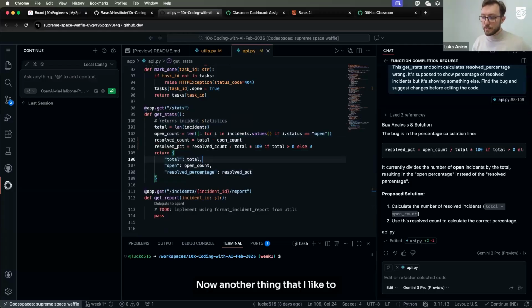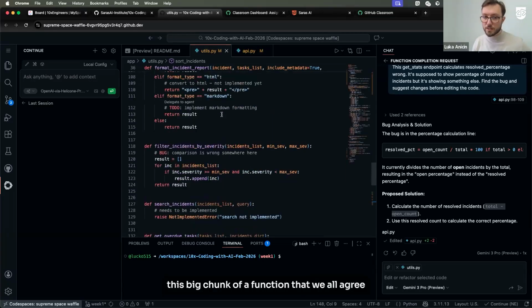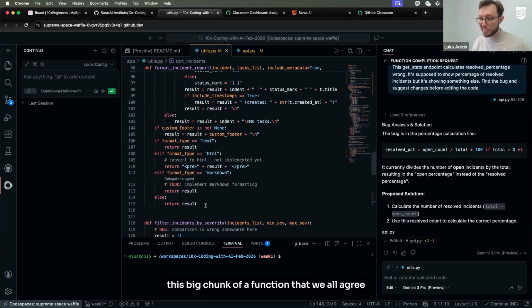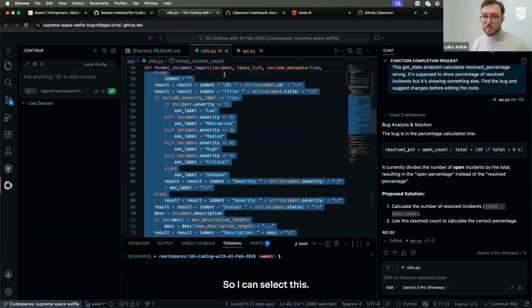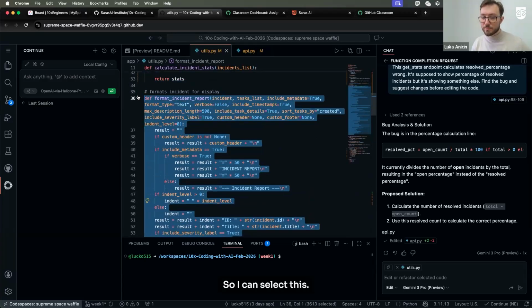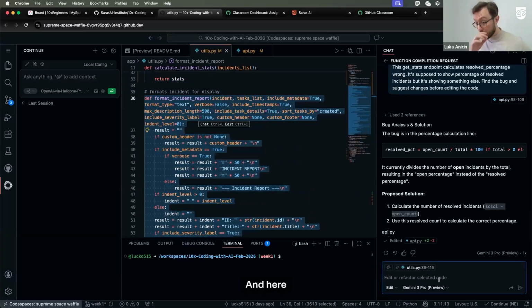Now, another thing that I like to do is refactor, but be really careful with this. Refactoring tends to introduce quite a lot of changes because AI tends to add more code than is actually needed. So for example, this big chunk of a function that we all agree is not that great. So I can select this and here